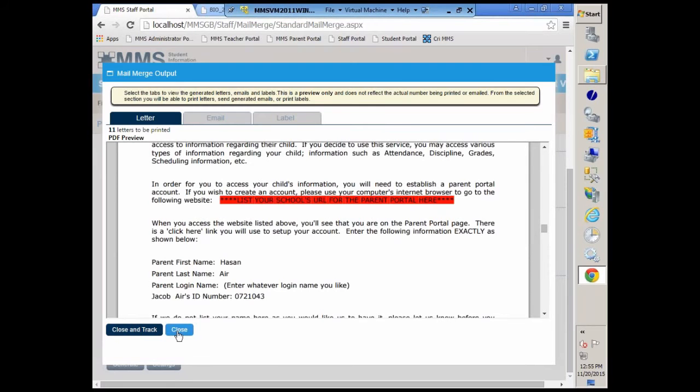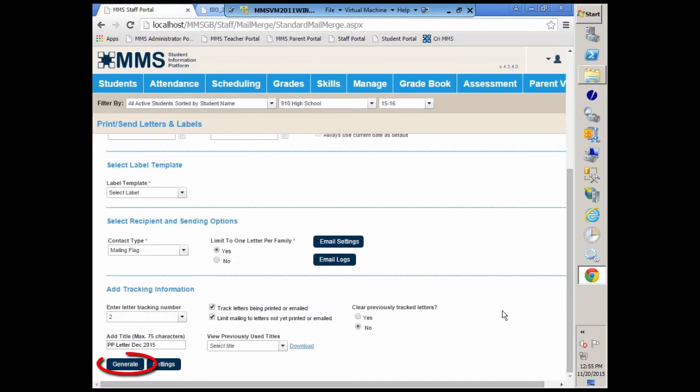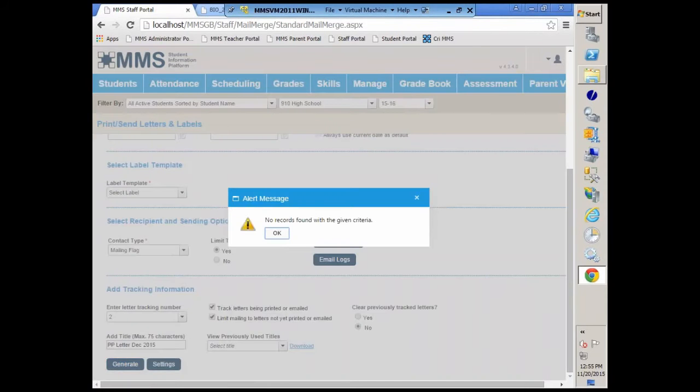So if the letters look good and we want to use them, we're going to close and track. If we made a mistake and we notice that there's a typo and we don't want to track these letters, we're going to hit close. So you can back out. This time I am going to close and track. Now if I hit generate again, no records are found because those letters have been printed and tracked, and MMS is not going to generate them